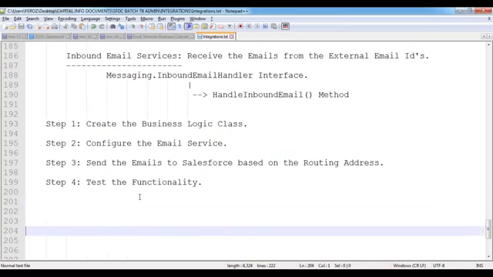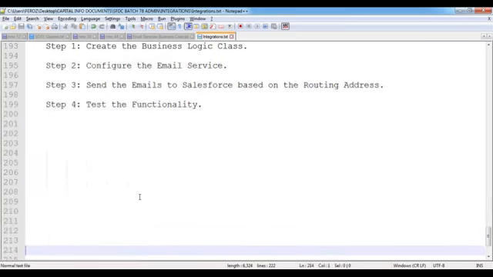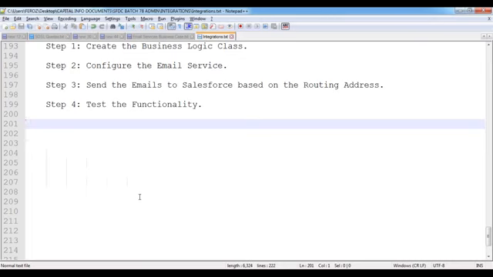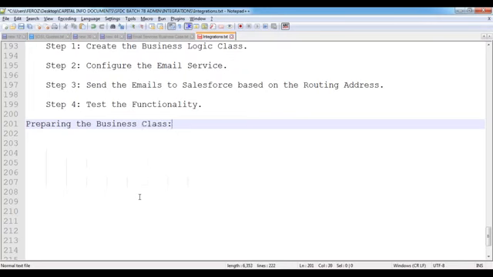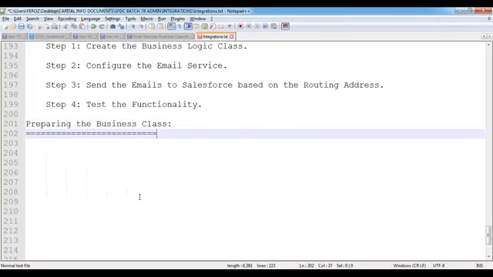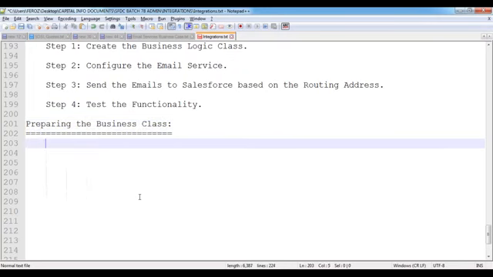Okay. Now, how to prepare that business logic class, we'll see now. Preparing the business logic class. This business logic class we are going to implement with the help of the inbound email handler interface. Now, as a step one, first of all,